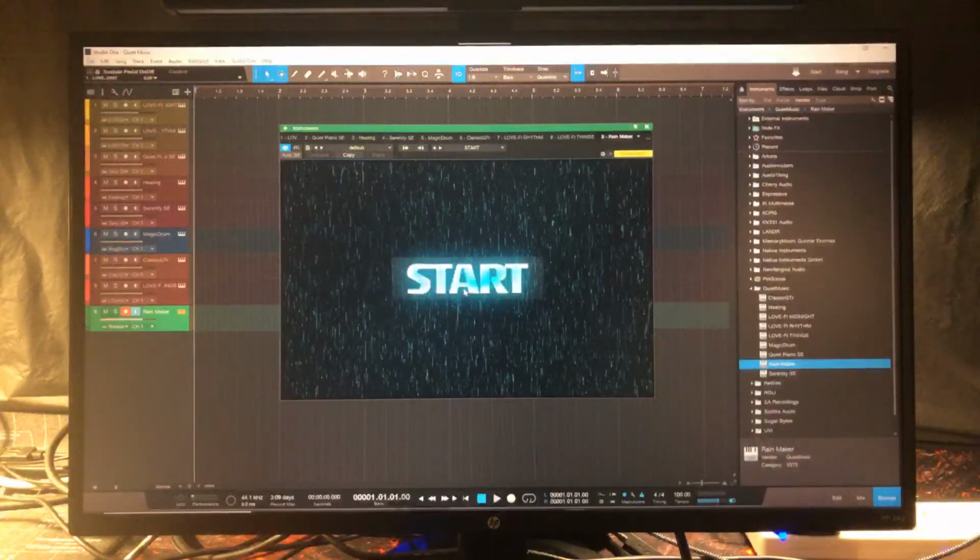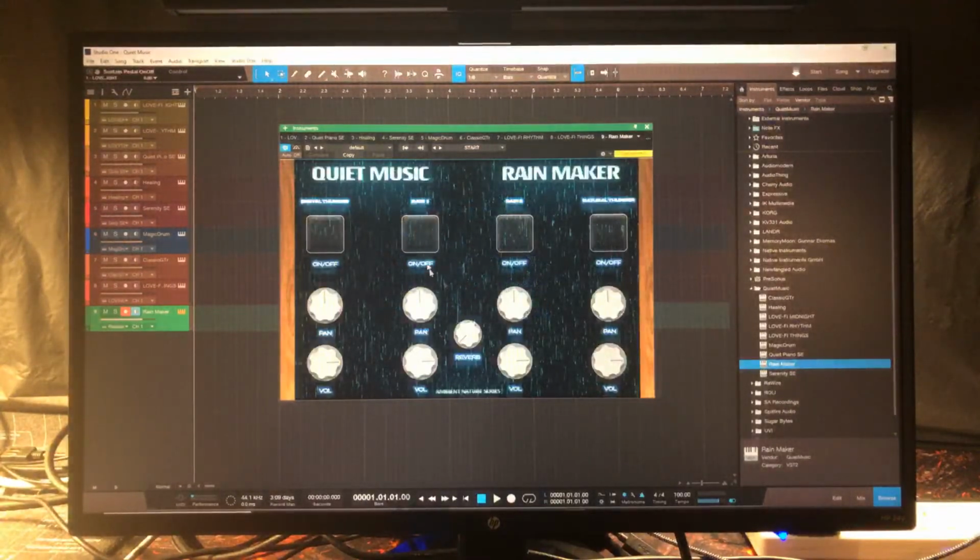Now, if you haven't dropped that MSE folder into your instruments, it's going to say go and locate the MSE folder. You can do it from here. You click start like this, and it will take you to another prompt saying go and locate that instrument folder, the MSE one. Anyway, down the bottom end of the keyboard,